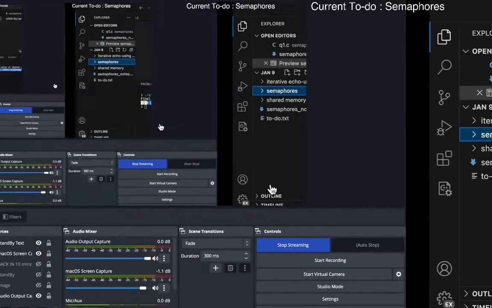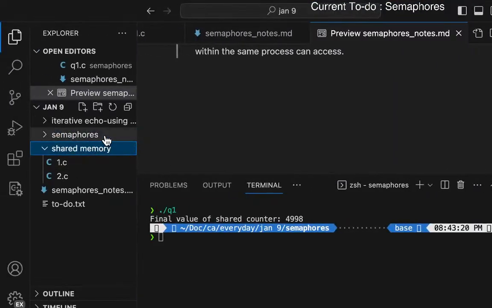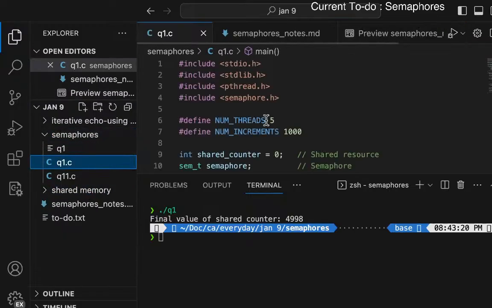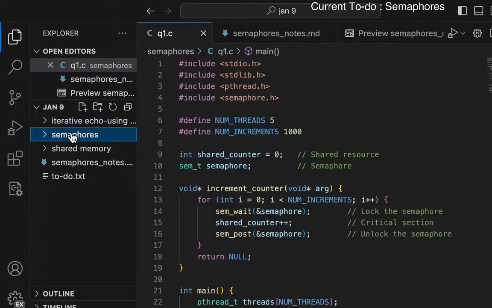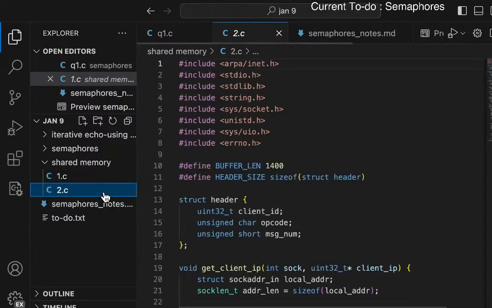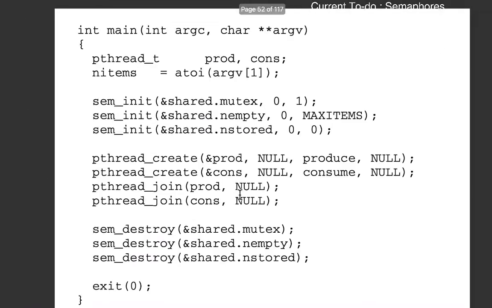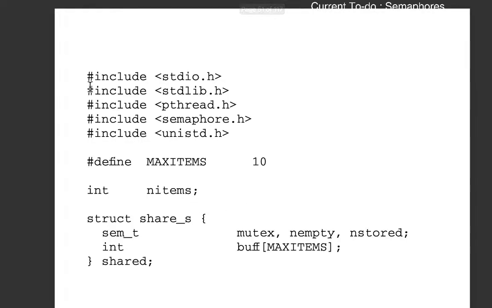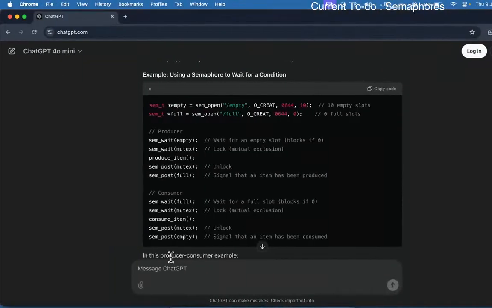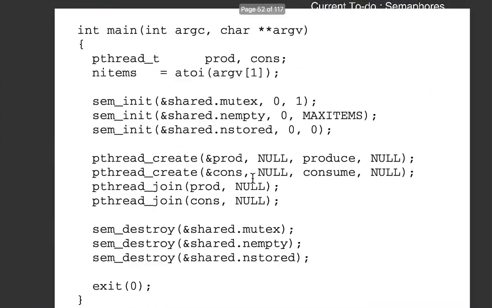That's it. I think the shared memory we have discussed. Oh, dude, we have done 35 minutes today. I think that's pretty cool. If you look at the semaphores here, and shared memory, I really want to know about using the shared memory. I really want to implement this actually. So we will ask GPT to do that, because the code is actually just here,